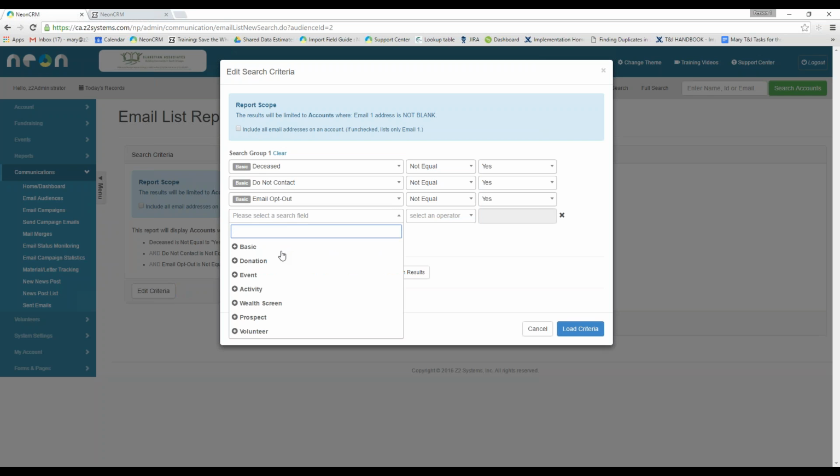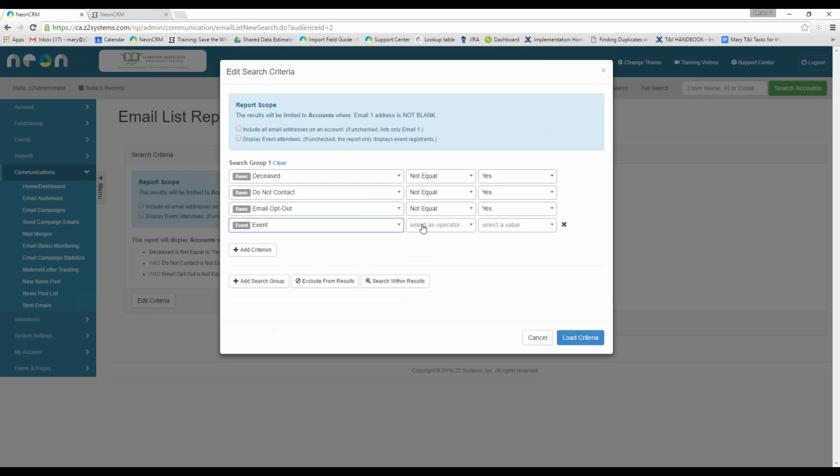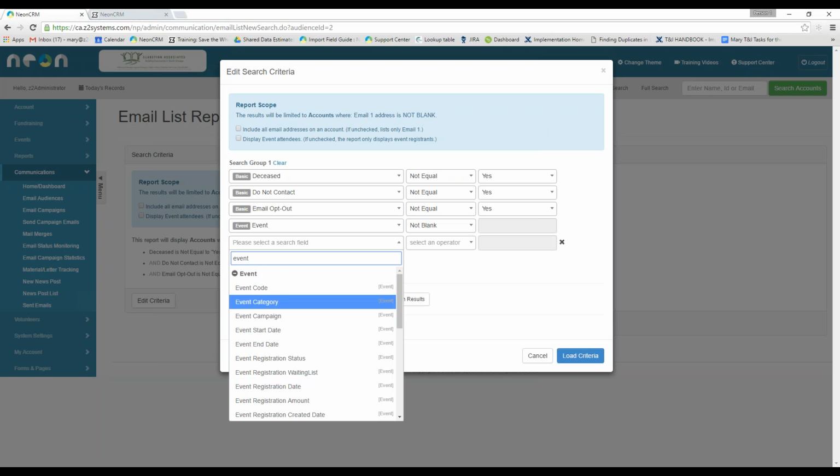Do you have something you can think of now that we could put, or we could just leave it as is? I would say maybe if they attended an event. Sure. So we could do event. You could do event not blank. Or if you wanted to get more specific, what else could you do? You could do